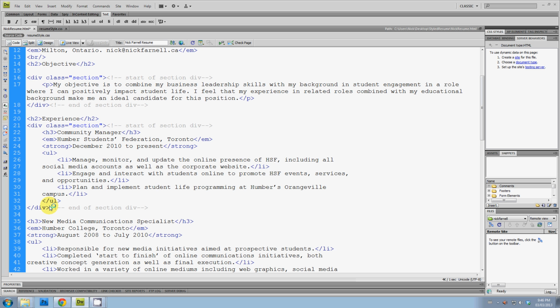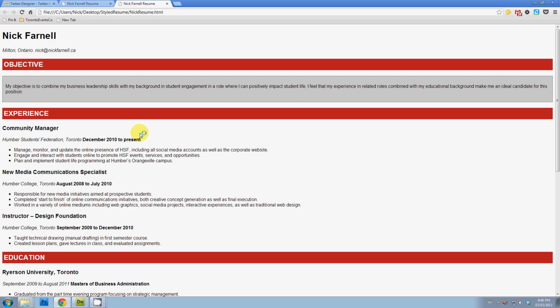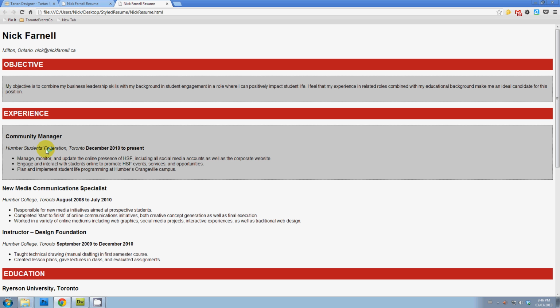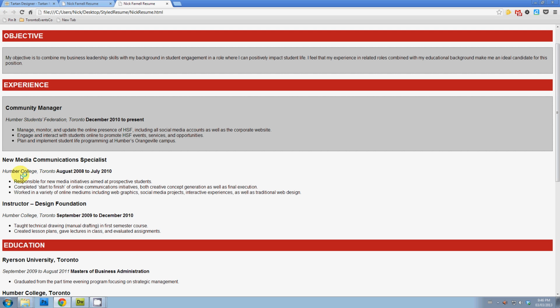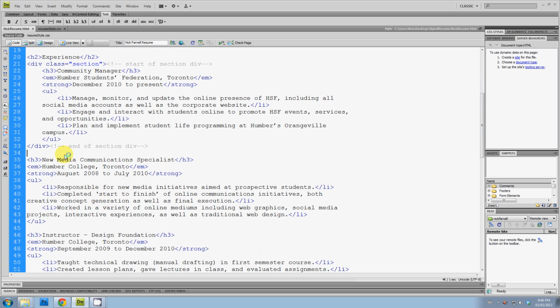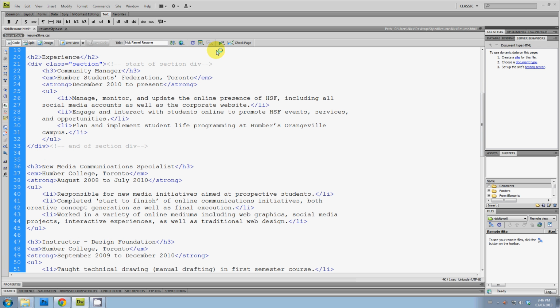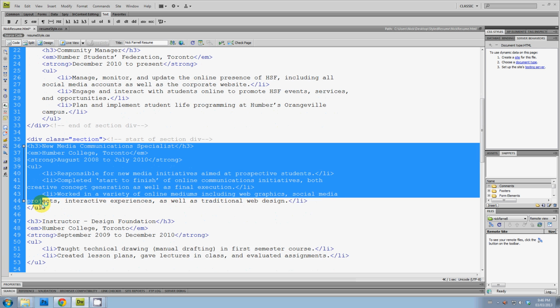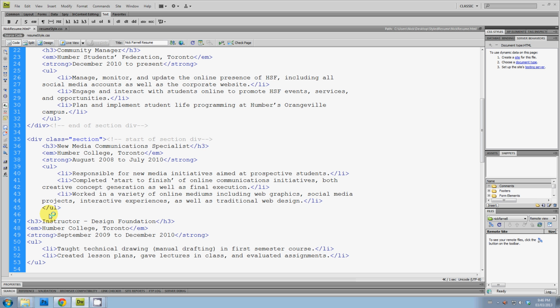I like to preview it as we go just to make sure everything's working well, and that's exactly what I wanted to happen. So each separate area I want to be encapsulated in a different gray box. So I'm going to do the same here, copy and paste, tab it over, close my div, leave a comment,